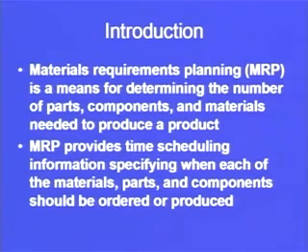For example, for one particular automobile or one particular car, suppose we need 4 tires. So this is a logic that for this particular product the number of sub-components required, maybe tires, is 4. So determining the number of parts, components and materials needed to produce a product. For one product it will generate the demand for different components, and then that can be multiplied to the number of products that are there for one particular season or one particular year or one particular week. So on the basis of that we will be able to very easily manage the materials within our organization.